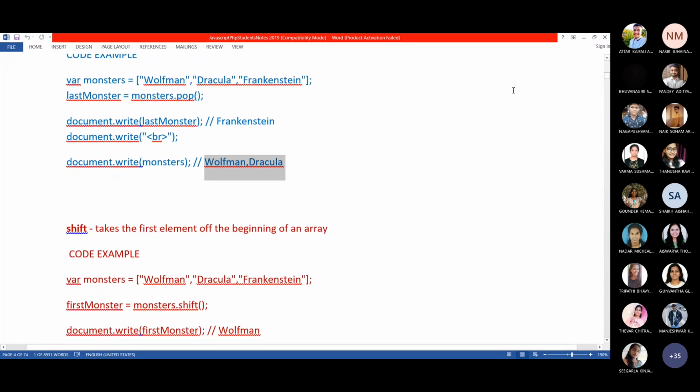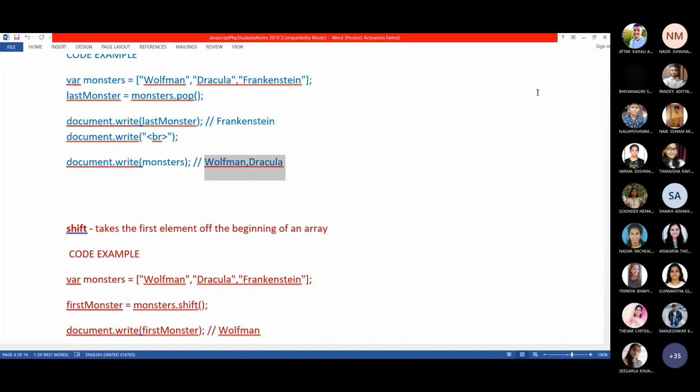Students, what is push? Pushing means adding. You can add one or more elements at the end of the array. Pop means removing the last element from the end of the array. Using pop, you can't remove more than one element.